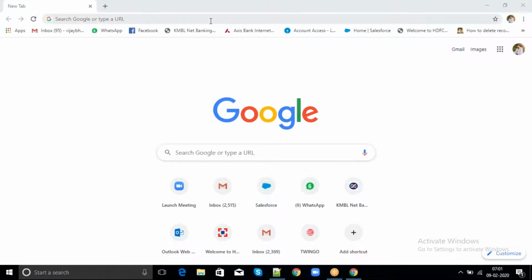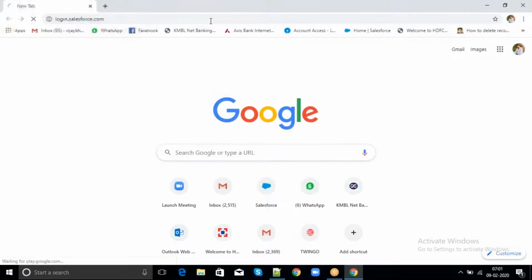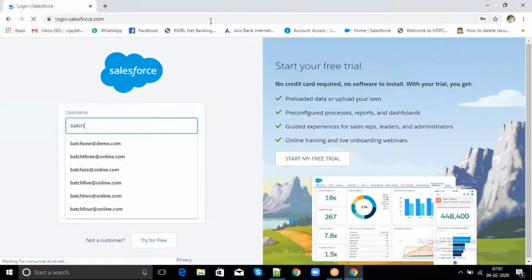So what is the URL to login? Login.salesforce.com. Login means it's a sandbox or production? Production, yes.